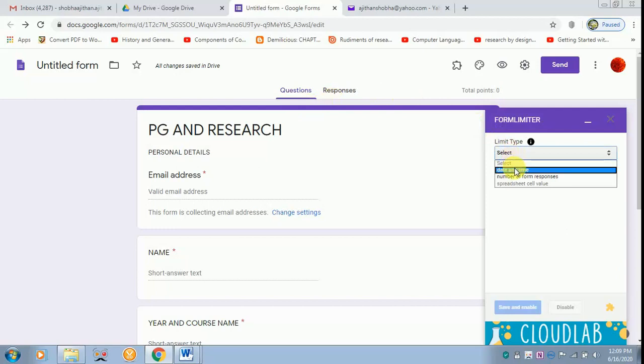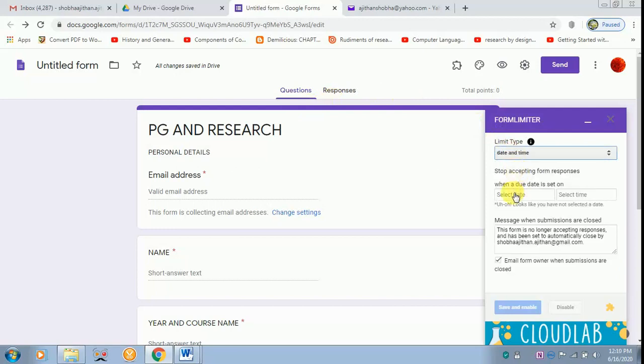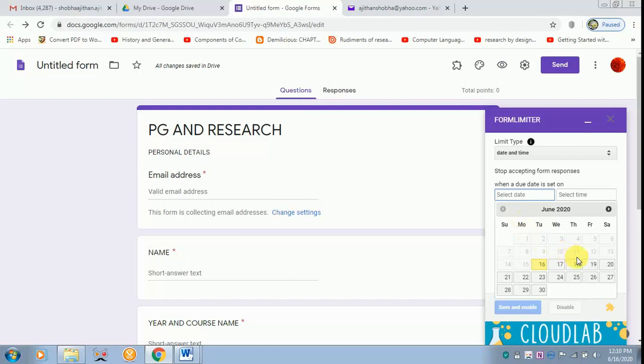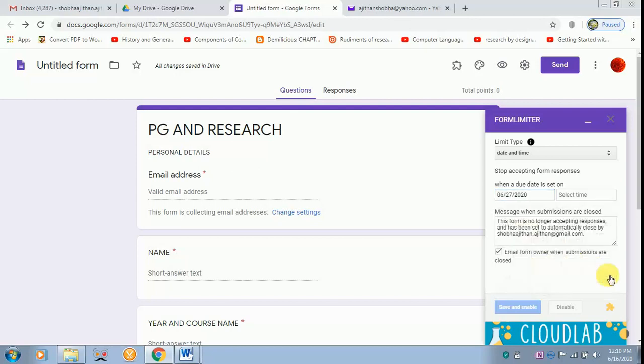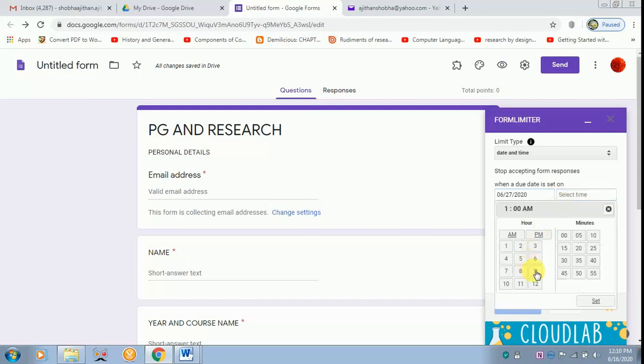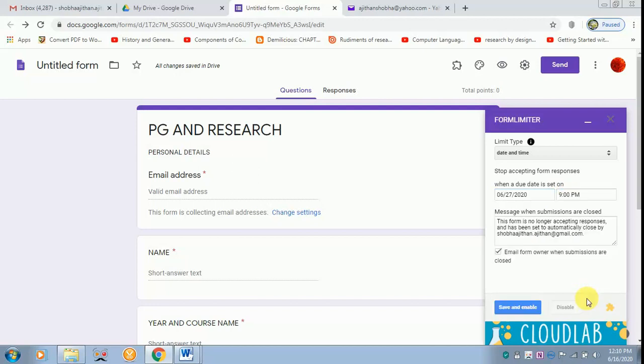Here I am interested in date and time, so I am selecting the date as say 27th of June and time as say 9 PM. Any of it is left to the host to decide. After this date and time, this message will pop up if they try to access. Then later click save and enable.